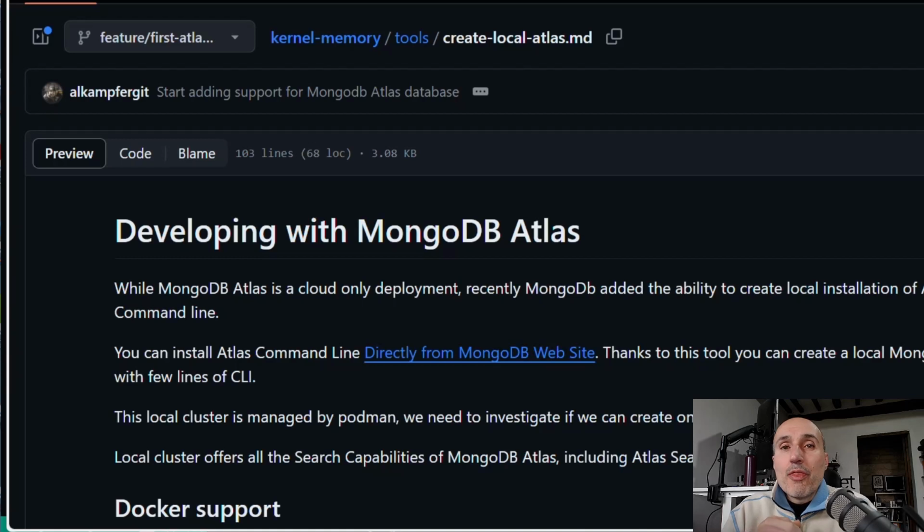Hi, and welcome to this simple video about running a local version of MongoDB Atlas in your Windows local environment. This is especially useful for testing purposes, so you don't need to use a real Atlas instance in the cloud. If you can see in my repository where I've created a pull request for supporting MongoDB Atlas on kernel